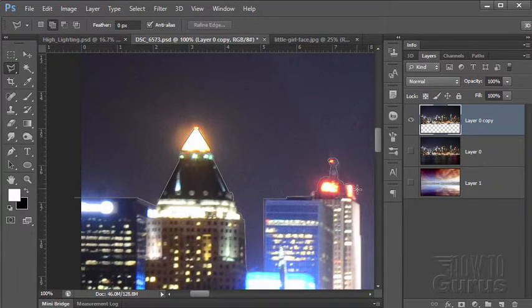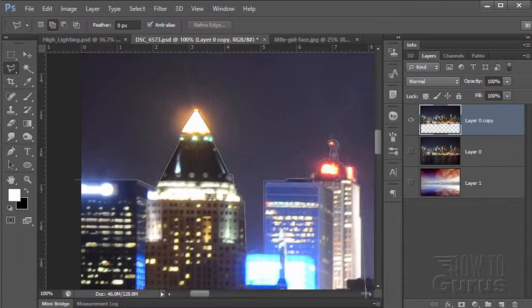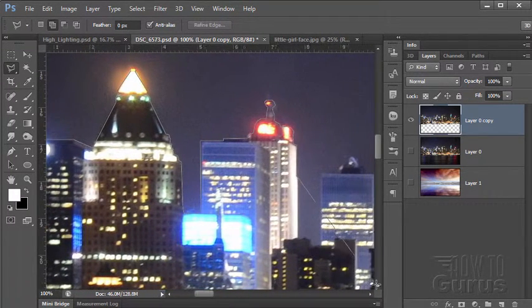Now I can't use the background eraser tool because some of these areas are just too close in contrast and value. They're not going to be picked up by that background eraser. Same thing with the different magic wand tools. Quick select tool, you can use that for some, but it's not going to give you the best effect. It really is worth just taking the time and doing a careful